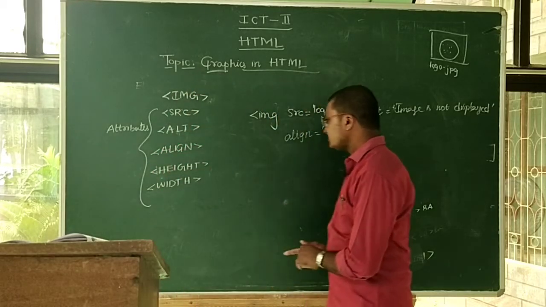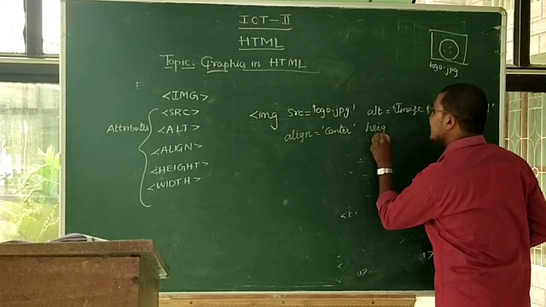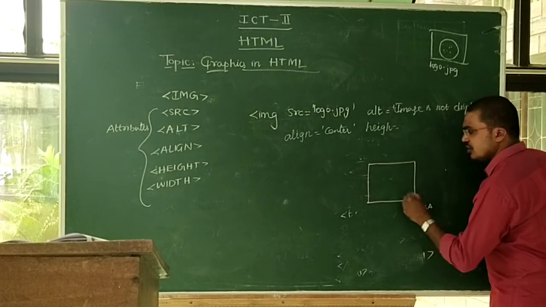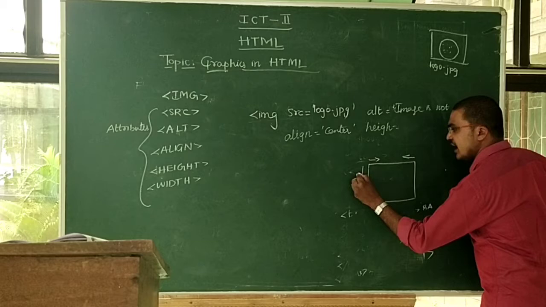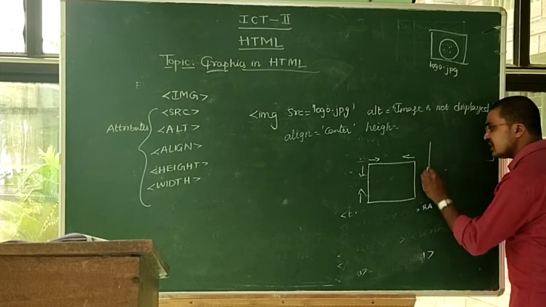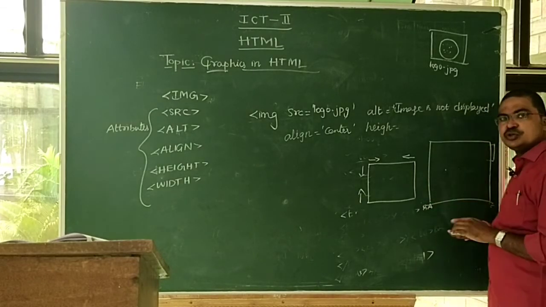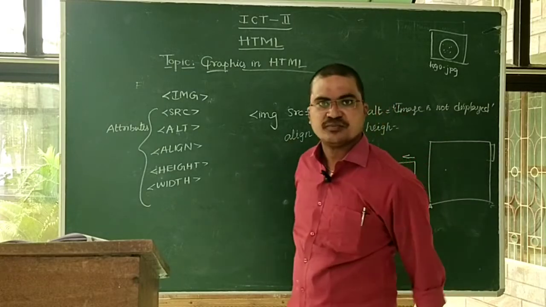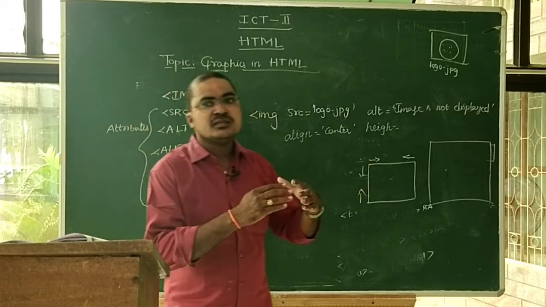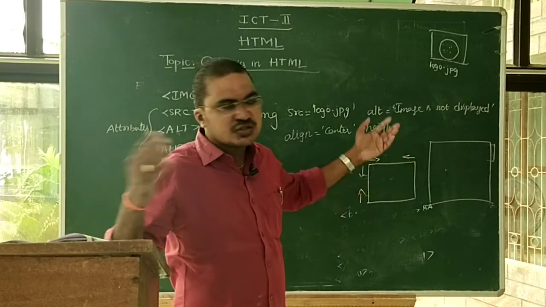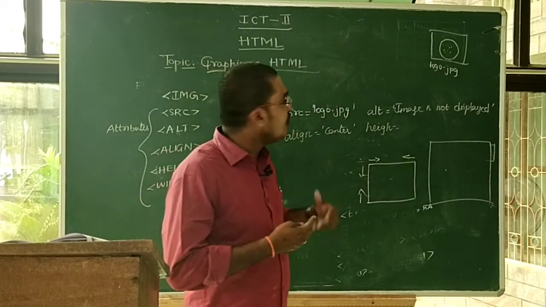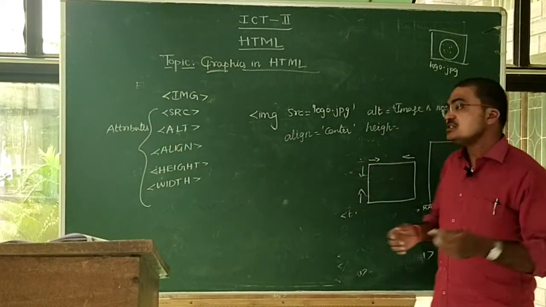Okay, and height. Height decides how much height and how much width. For example, this is the image. This is treated as the width and this is treated as the height. For example, I want to increase the height and width. I want to show the image in very big size on my web page. Actually, the size of the image is very small, but this time I want to show the height and width of the image very big. So if you want to show the image very big in the browser page, it is possible to set how much height and how much width.